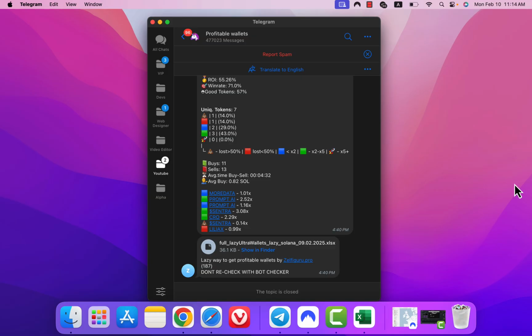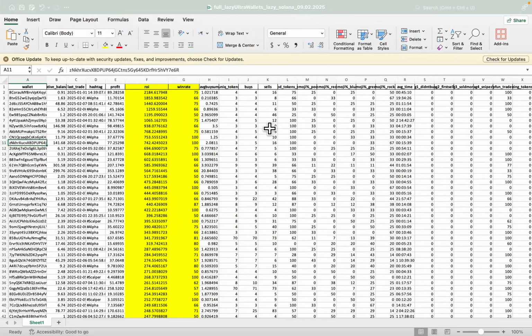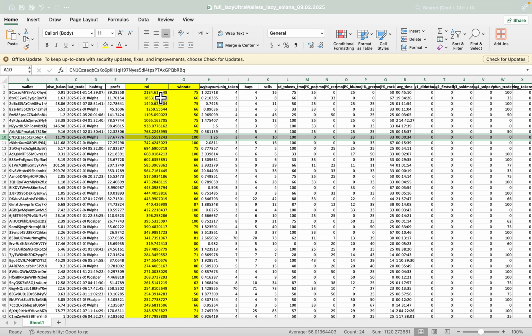Also, for some lazy people like me, Zelfigru provides reports every day of different good wallets for copy trading. For example, this is his last report. Let me actually open it. In here, you can find many great wallets. For example, look at this one. 100% win rate,